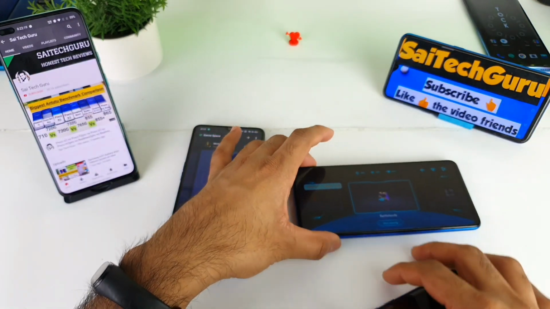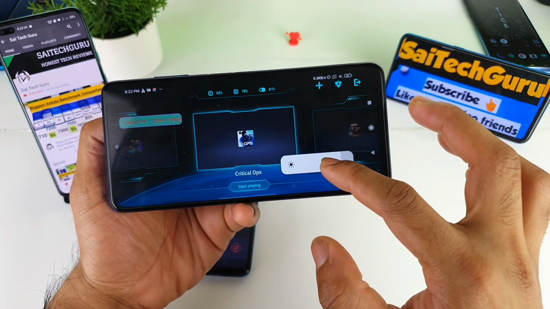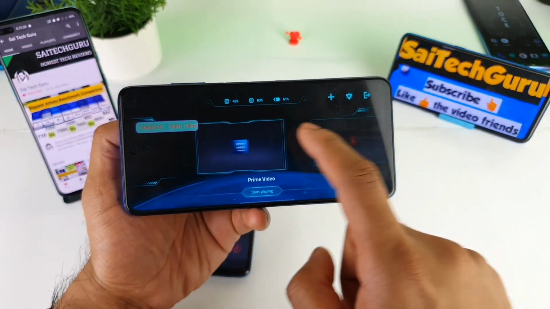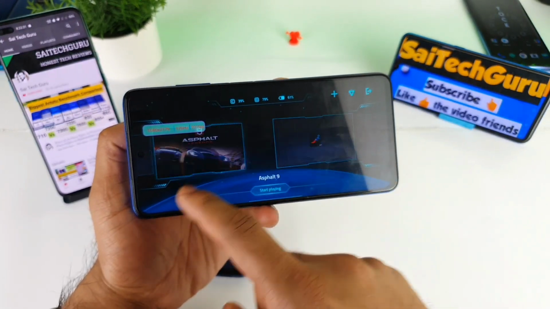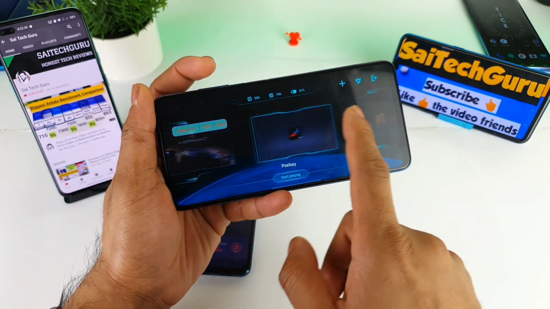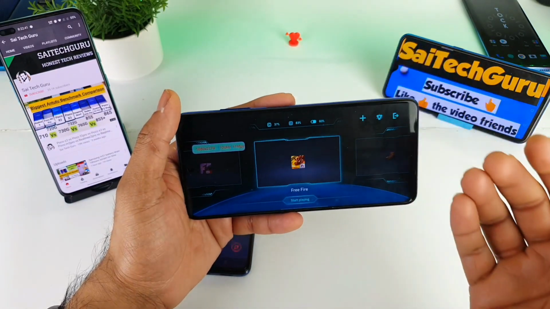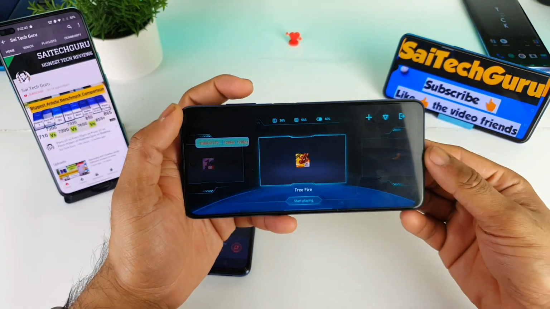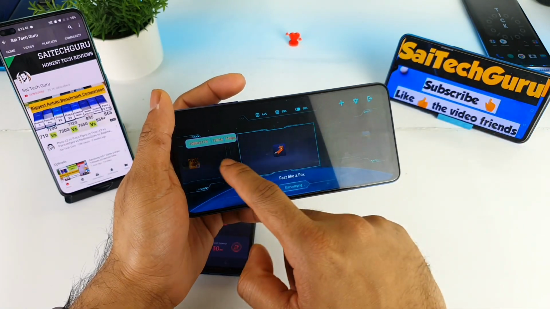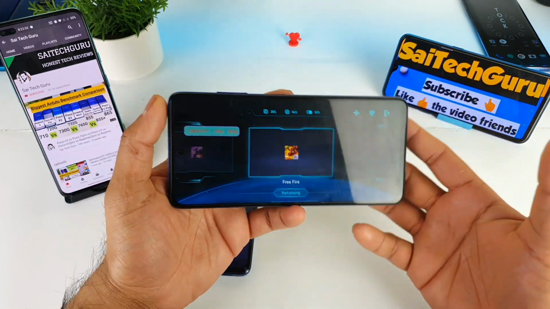Now let me get back to the Poco X3 device. It is the Poco X3 smartphone. Let me increase the brightness. The main thing is that I like this kind of layout and the sound effects whenever you're shifting between the games, as you can see, friends. You also get vibrations on the back side, because the speaker makes the vibration. You always get that kind of feedback if you are using high volume whenever you are scrolling. I can actually feel the vibrations. It feels like you are playing a PlayStation, holding the controller.